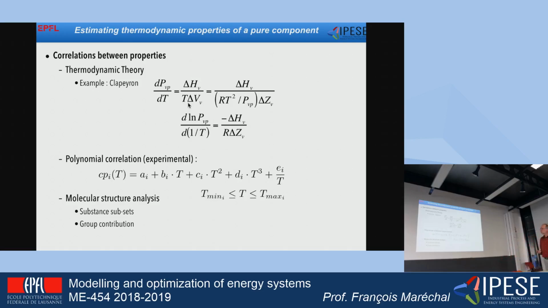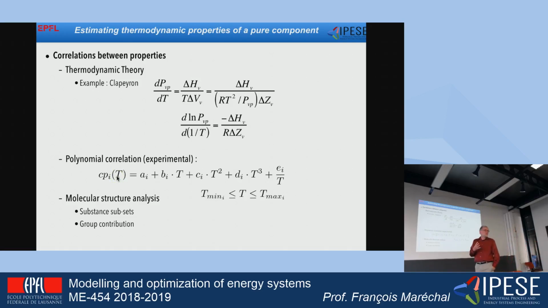Okay, there are also other people that have developed experimental correlations. So, for example, we have realized that the Cp is not a constant. So the specific heat is not a constant. It depends on the temperature. Okay, and that's mainly because inside the molecule, the atoms can also move one with respect to the others. So it means that the specific heat is indeed a function that can be quite complex. So here I have 5 parameters that represent the relationship for the Cp as a function of the temperature for a given molecule. Okay,